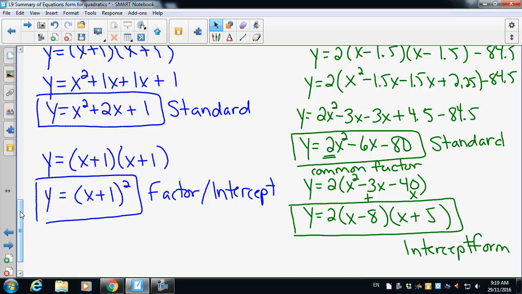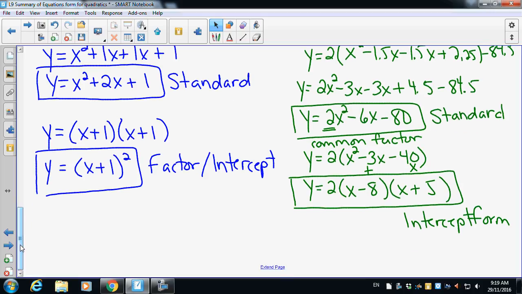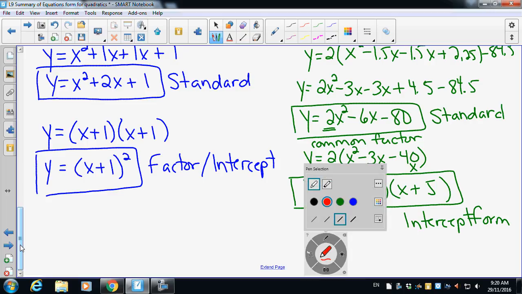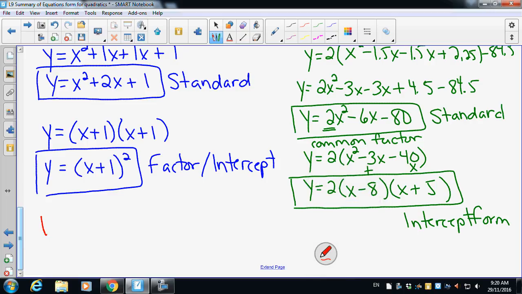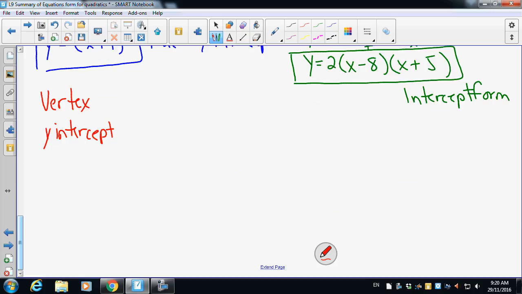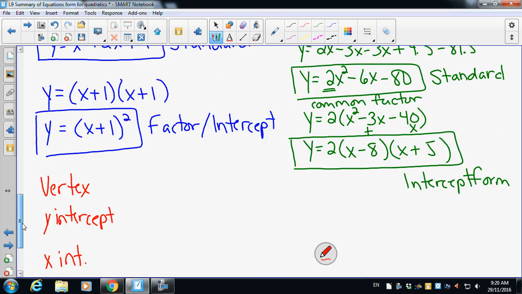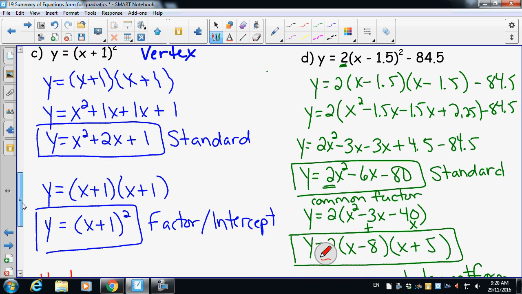All right, one last comment. The reason we're doing this is to get information. And the information specifically is the vertex, the intercepts, the y-intercept, and the x-intercepts. So if I look at question C,